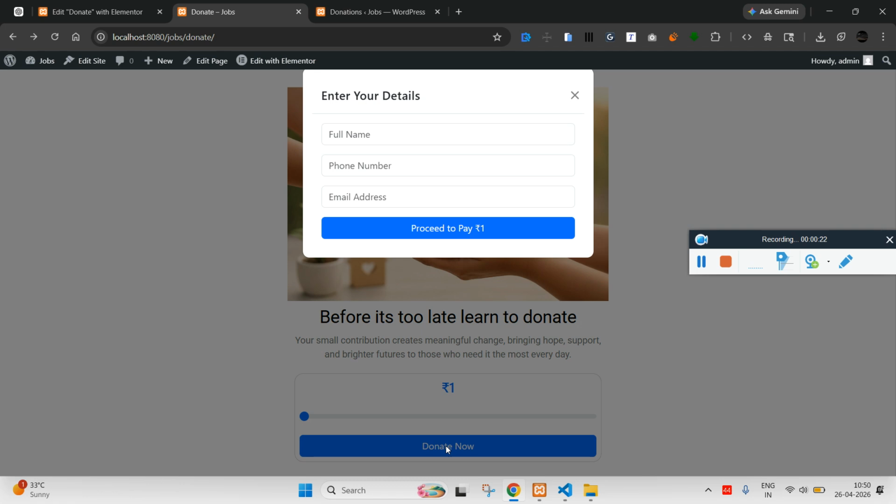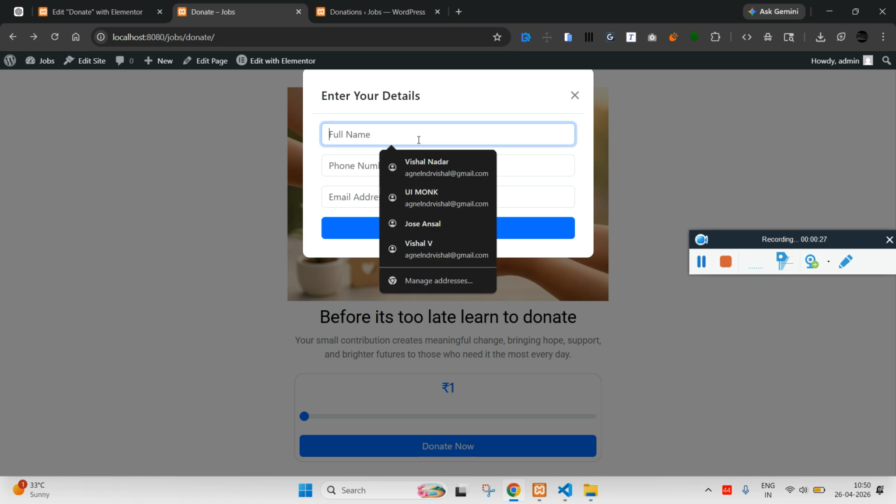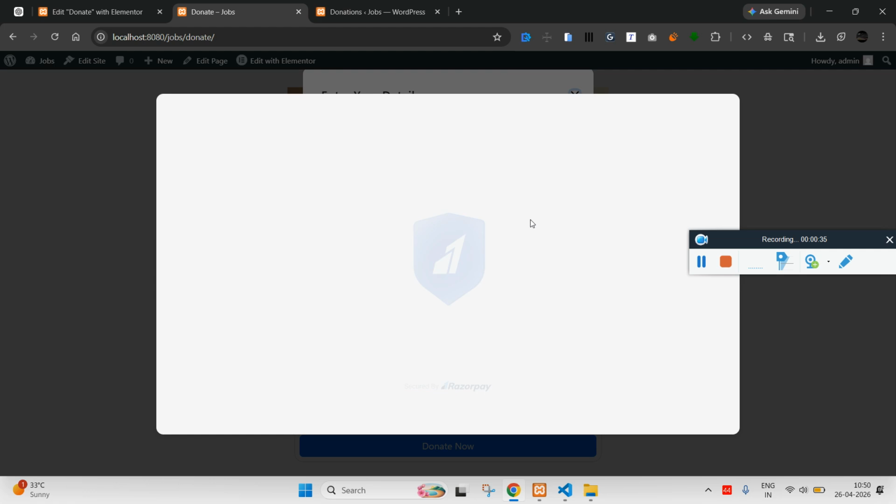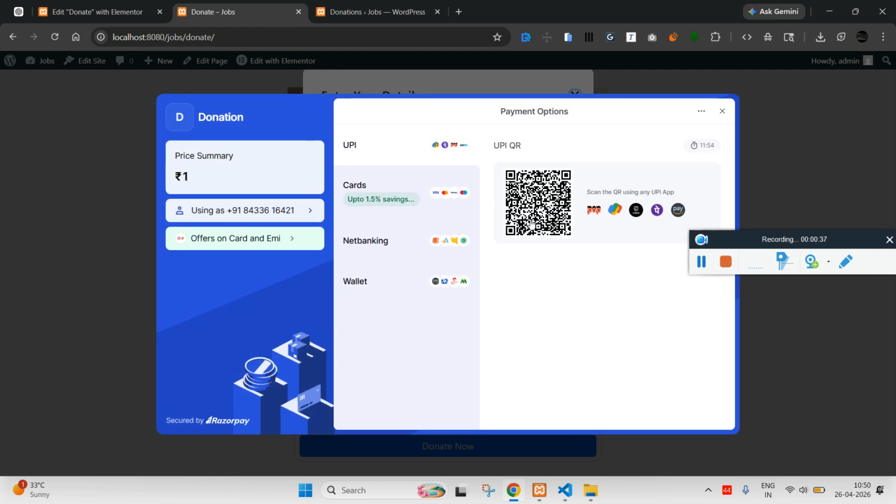Once I click on the donate button, it will ask me for my details. So I'm going to name it. Let me just give a vague name. Let's say Superman, and he is paying 1 rupee. Now Razorpay will open up, and I'll be using my phone to scan the QR code. And now